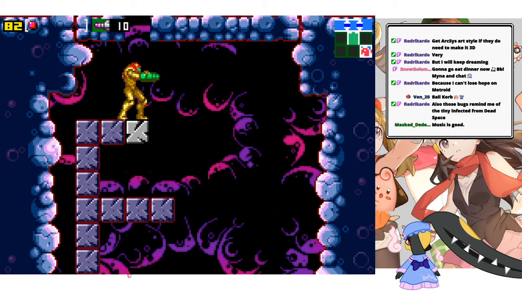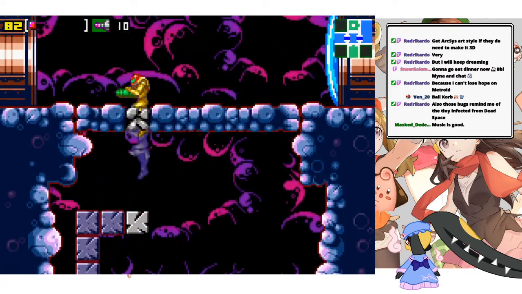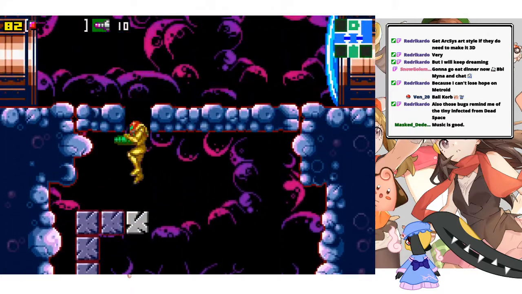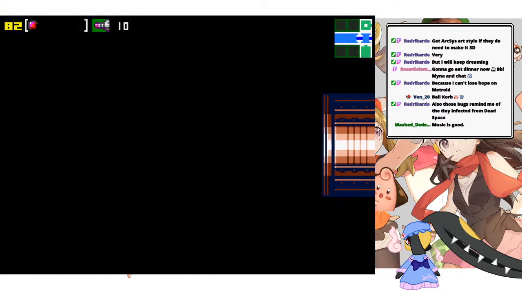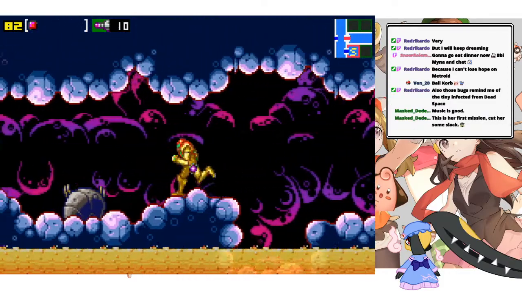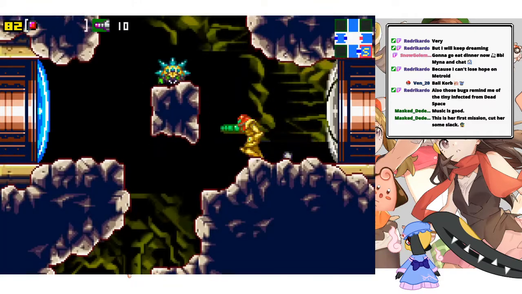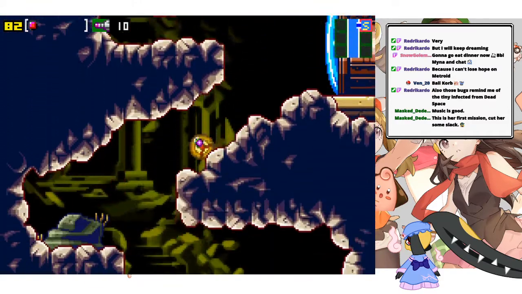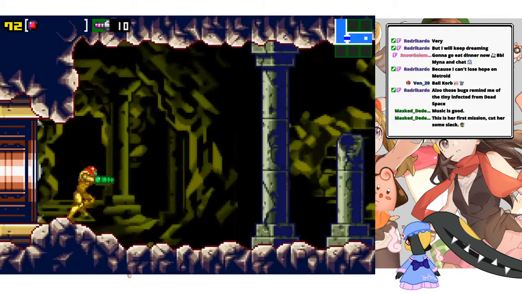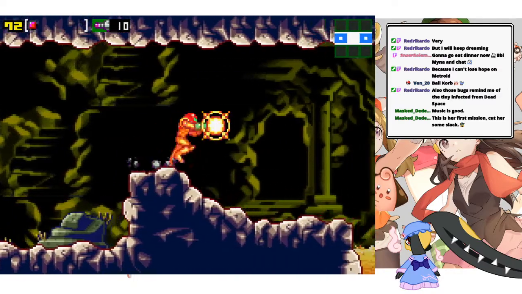Oh dear, I need to wait to respawn. There we go. Oh, for fuck's sake, Samus. Samus, please. So much for going fast. This is the first mission, cut us some slack. No, no, we need to go fast. No slack, only fast. There is no slack, only speed. And I'm already slacking slowly on speed as well, so...